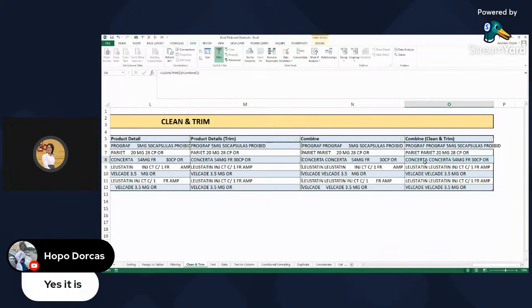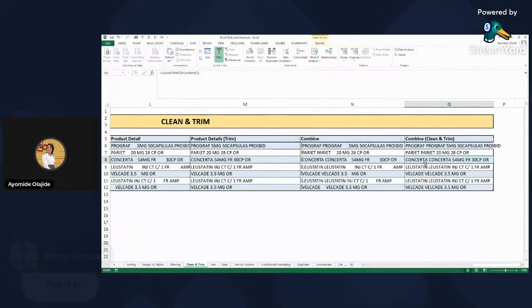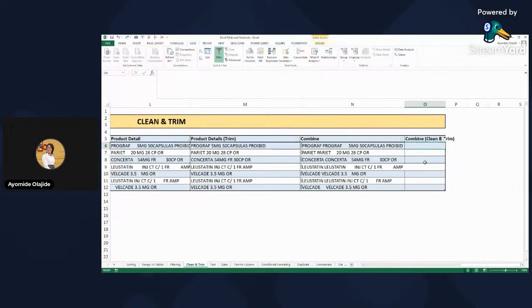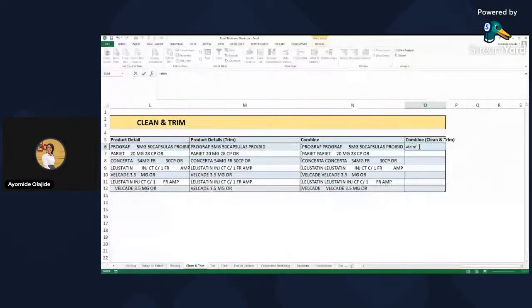So I think we all know how to undo in Excel. Control Z, Control Z. So I'll be entering my Control Z to clear that. So that's to undo. Now, someone said I should try this again. So my equal sign, my trim function, and I said either of the functions can come first, right? So you can either have your trim first or your clean first. So anyways, you get